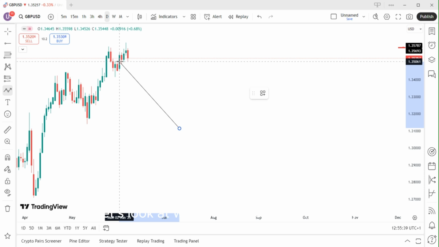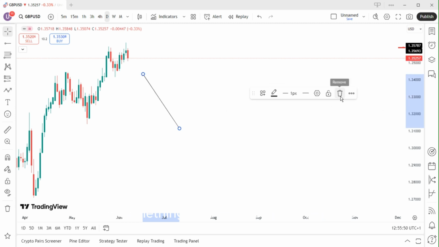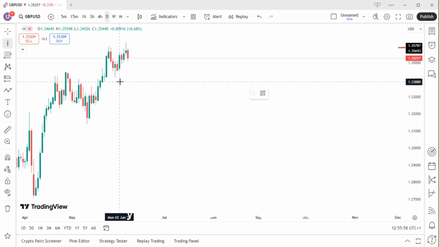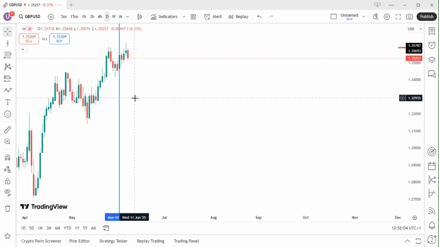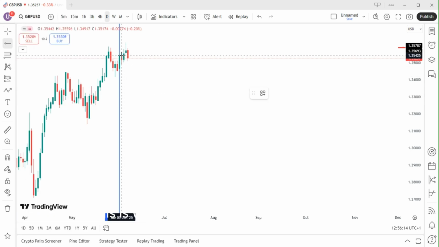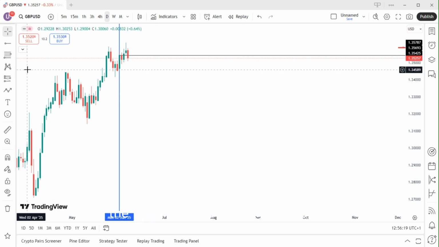So let's look at what will happen the next day, that is from 3rd of June 2025. Let's put something that we will use to know the zone. All right, let's put all this. We are looking from this zone. Let's mark the high and the low. So this is where the price closed on the 2nd. So on the 3rd, when we come to the market, all we'll be looking at is for price